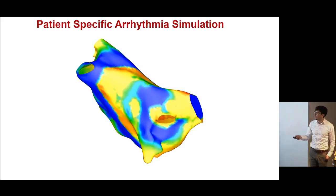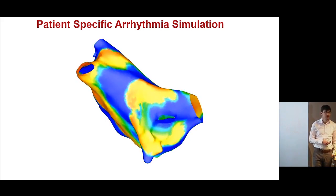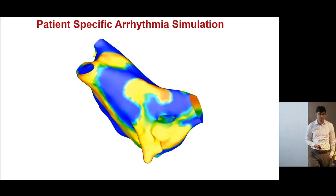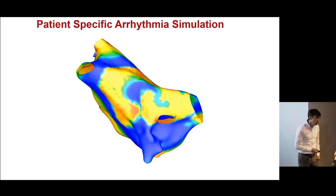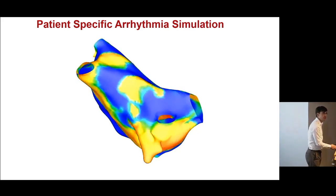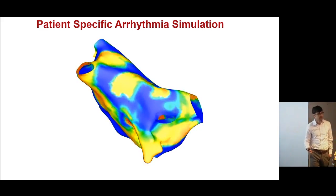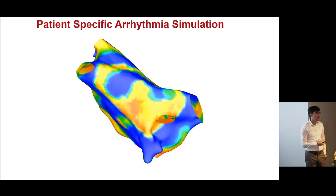And so we then start getting these nice images, and this is kind of where we're up to. We're now looking at studies about effective size and multiple wavelets and where do spirals live. So the work that I've presented so far has been about how we've used our models to understand the patient physiology, how we can use it to interpret clinical information,